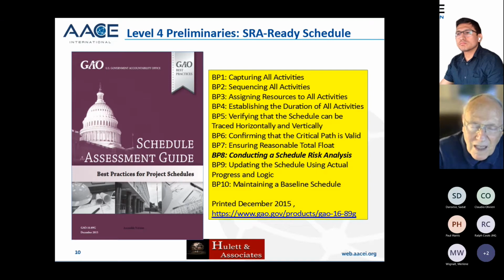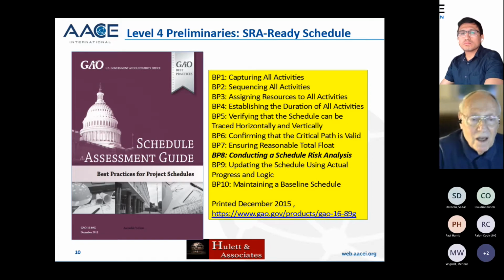Wait a minute, conducting risk analysis is part of scheduling? Well, if you think about it, if scheduling is trying to discover when the project is going to be finished, and also major milestones, relying on what comes out of your scheduling software, even if it's great scheduling software, you find yourself behind the 8 ball very quickly, and very likely it's a lot easier to overrun those durations than underrun those durations.